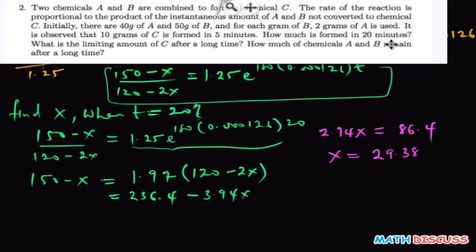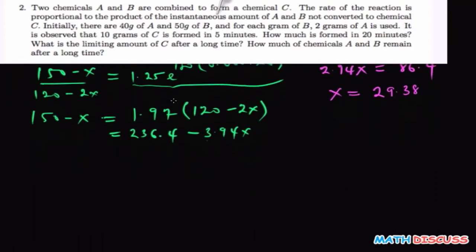And then we are also told to find the limiting amount of C after a very long time. After a very long time, how exactly are we going to find the value of C in that way? Anyway, it's quite interesting and it's simple, as I'm going to show now. Now for the B part,